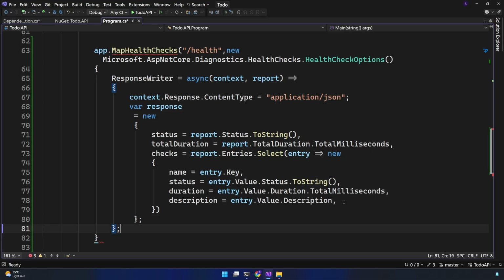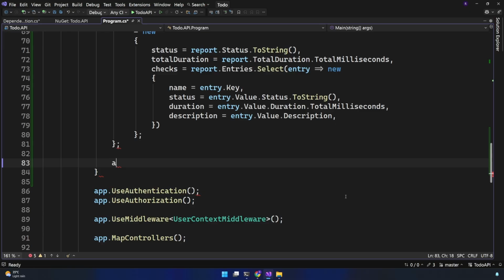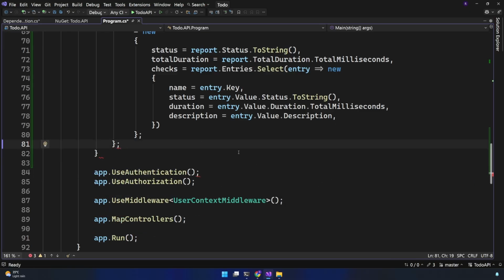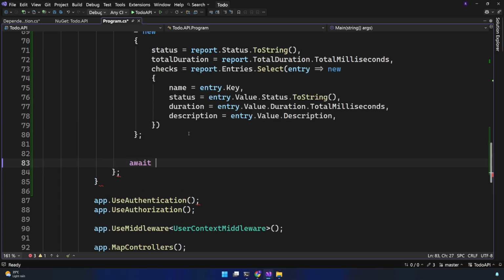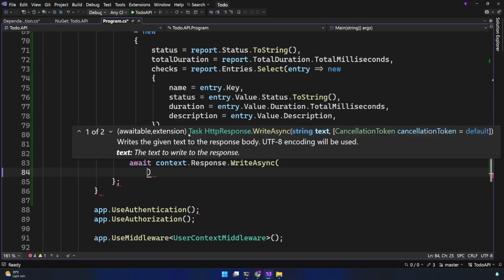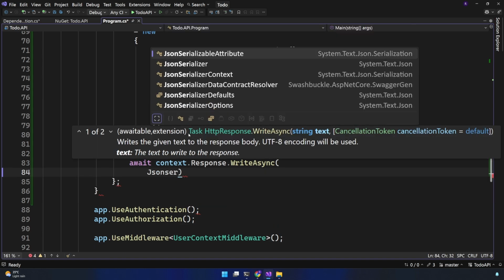Okay, and then I'm going to write down my different parts. So I'm going to say app context, or maybe await, then context. Let's fix this first. Actually, this is not correct. So this got collapsed over here, then we have used this, and then we have to write something over here. So await context dot response dot write async, and inside this write async I'm going to provide JSON serialize, and